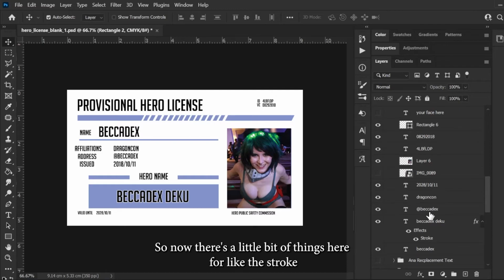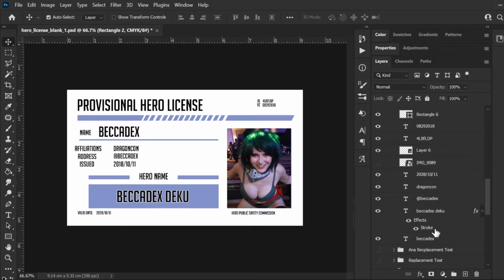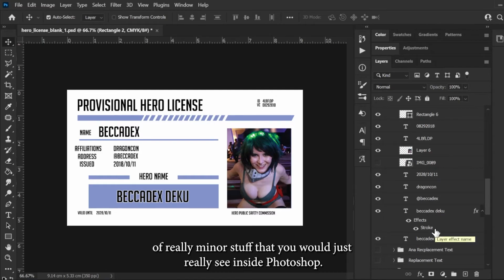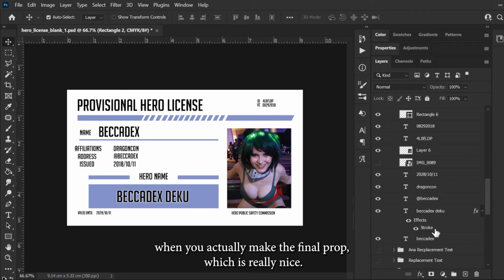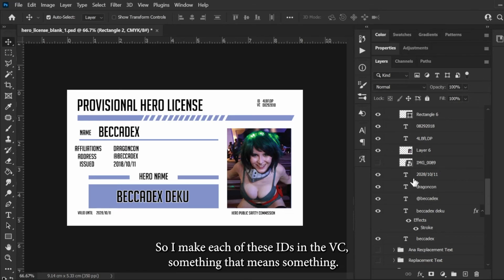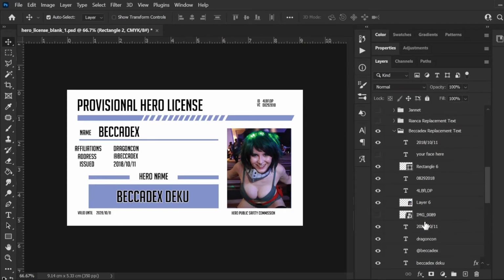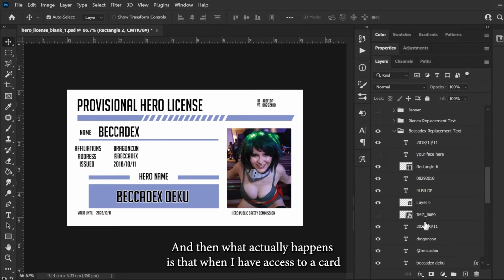So now there's a little bit of things here for like the stroke, all really minor stuff that you would just really see inside Photoshop. But it adds that little bit of thing and the stuff that you could just put out when you actually make the final prop, which is really nice. So I make each of these IDs in the VC something that means something, put it all together, and there we go. You have this nice and ready,